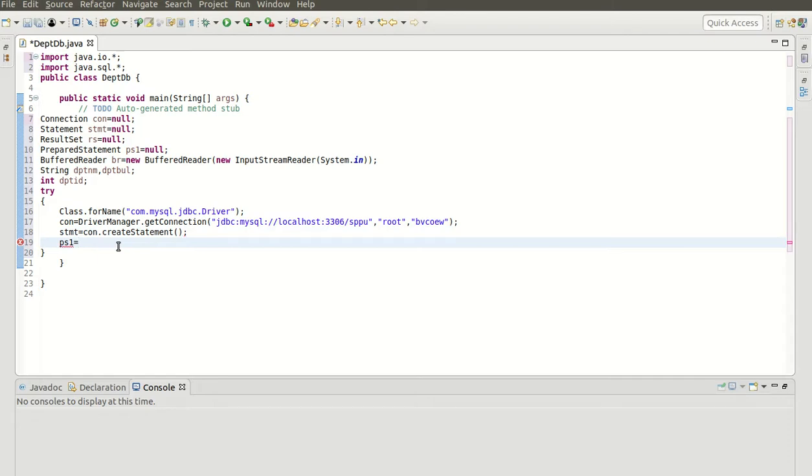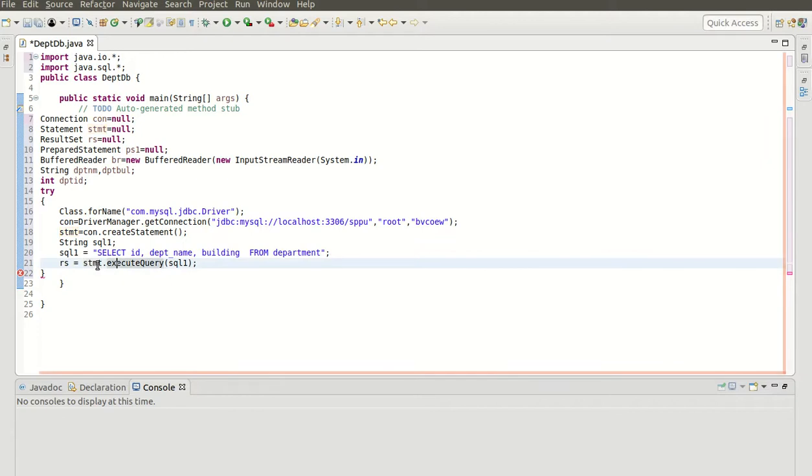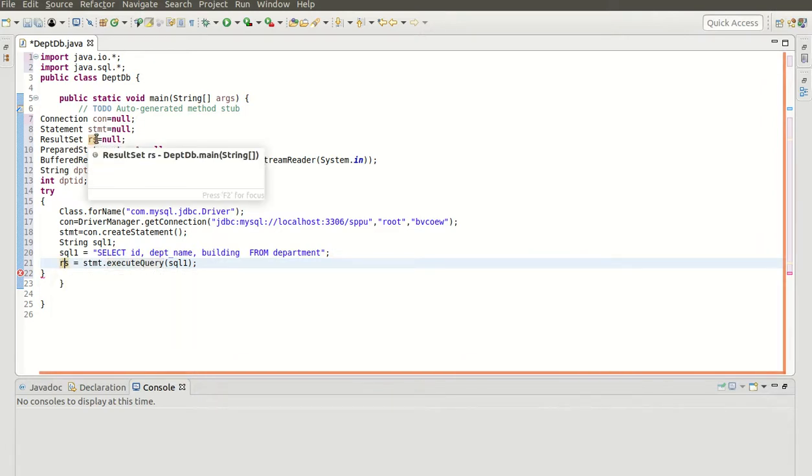Okay, so how can we prepare a statement? Just have a look. The executeQuery function belongs to the Statement class. So statement.executeQuery(sql) will execute the SQL query, and it will store the result in the rs object. Now what is the rs object? The rs object is the ResultSet object.